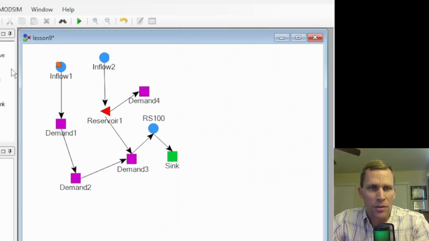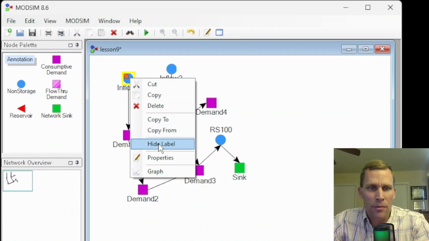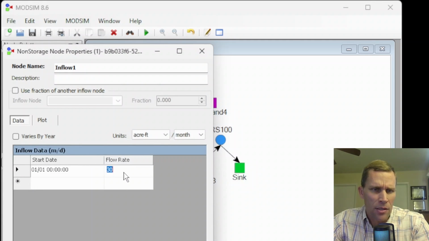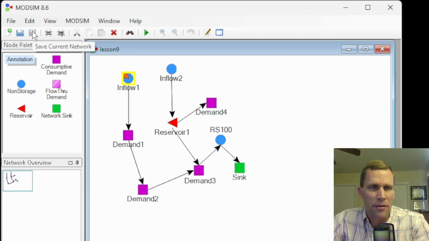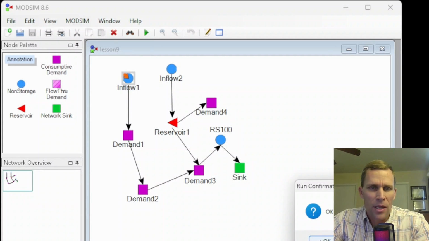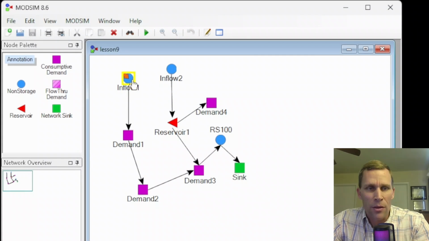So let me go ahead and close that, and let me check my inflow up here. So properties, yeah, I have a constant 30. So basically when we run this model, let me go ahead and hit save and then run. Okay. When we run this model, the flow rate should be 30 acre feet per month, and then 7 acre feet per month should be consumed. And then after that, we would have 23 and then 16 and then down 16 minus